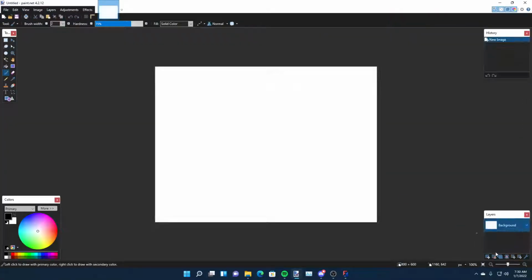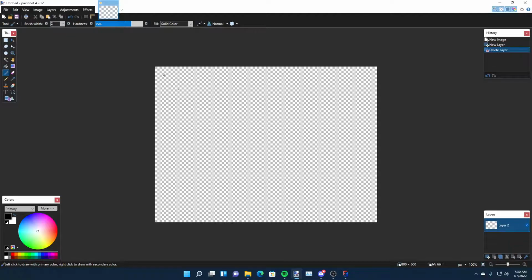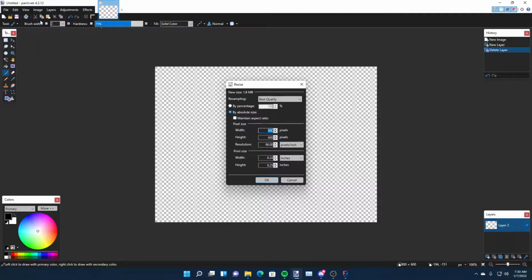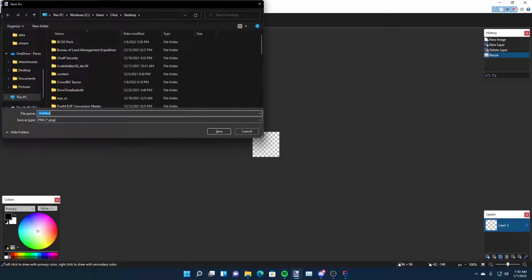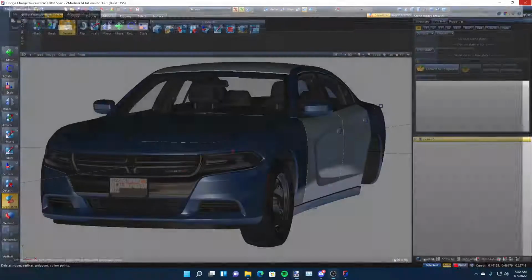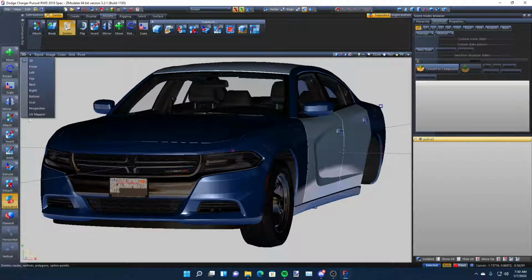So just go into your paint editor of choice, delete whatever layer might be there, resize it to something small. You can do 4x4, 16x16, I personally do 96x96, and just name it something like DRL Flashers. And that's it, that's a single texture you're making. So let's go into here,